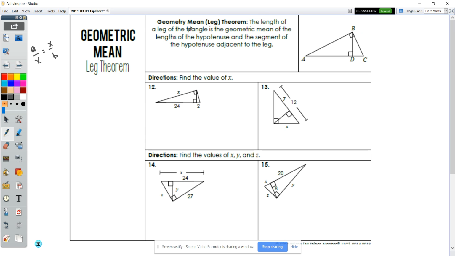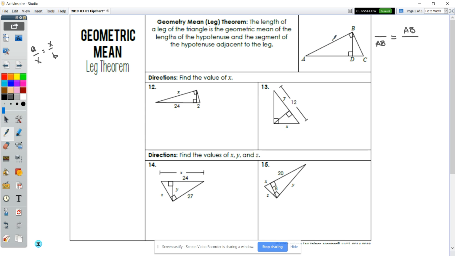This is the length of the leg of a triangle. So let's pick one, AB. The leg of a triangle, AB, is the geometric mean. Oh, I put it in the other spots, didn't I? It would be okay to do it this way, but I don't want to confuse you. AB. So the length of a leg, AB, because that's the leg of this bigger triangle, it's the geometric mean